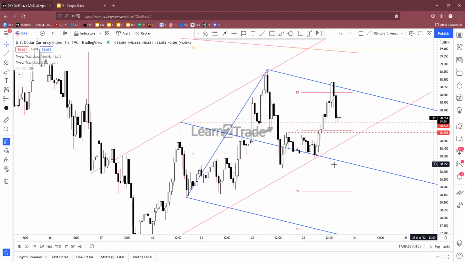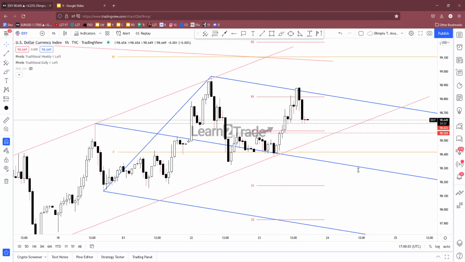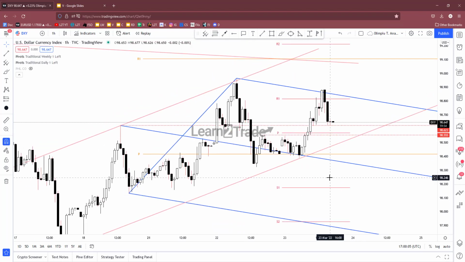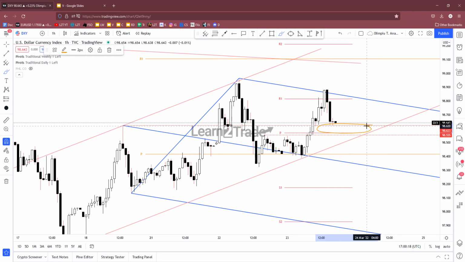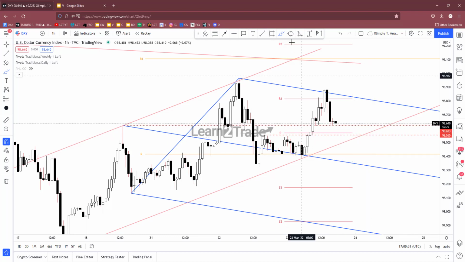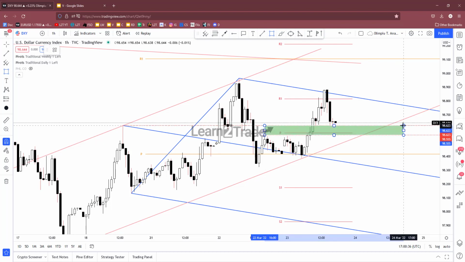And this sell-off here on the dollar index forced the US dollar to depreciate versus rivals in the short term. But as I said earlier today in my live webinar, personally I will look maybe for something here, because this sell-off could be only a temporary one. We have here 98.62, this former high, as support, as a downside obstacle. We have the daily pivot point here. We also have this former high as support. So we have maybe here something like a support zone, a demand zone in the short term